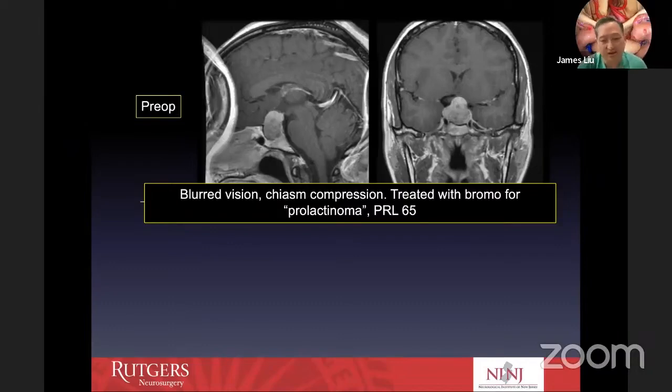And so this patient saw me for an opinion. And the most important question when you see a patient like this is, what was your prolactin level at the initial time of the diagnosis? And that is very important, because if this prolactin level was, say, 400, I would then say, yes, you probably did have a true prolactinoma. But she was able to give me this information, and her prolactin level was 65. And immediately I said, you do not have a prolactinoma. You have a non-functioning adenoma, and you've been misdiagnosed, and you